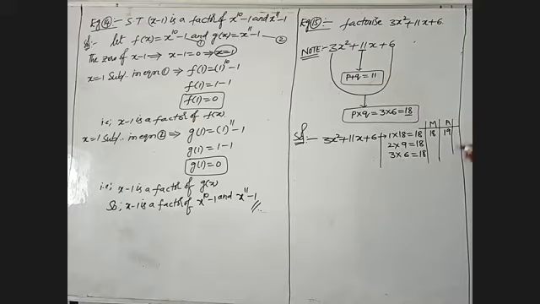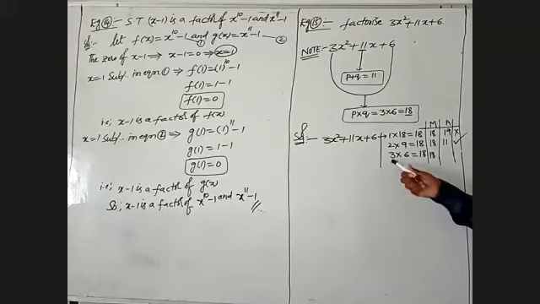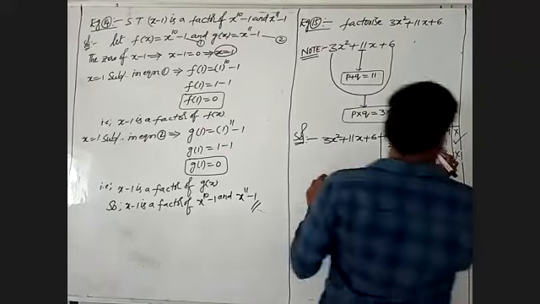So this condition is not satisfied. After that we'll take the second condition. 2 into 9 is 18. Multiplication is satisfied. After that, 2 plus 9 is equal to 11. Their addition is also satisfied. This condition is satisfied. After that we'll take the last condition, 3 into 6 is 18. 3 plus 6 is 9. 9 does not satisfy. Here, satisfied is only this condition.